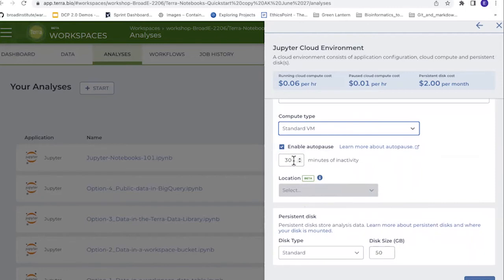So some people like to have this be a little bit shorter because they want to make sure they're very carefully conserving money. Some people want to make this a little bit longer because they know that they're going to be running cells that might take a very long time to actually complete, and they don't want auto pause to ruin that. And then there is also the persistent disk,